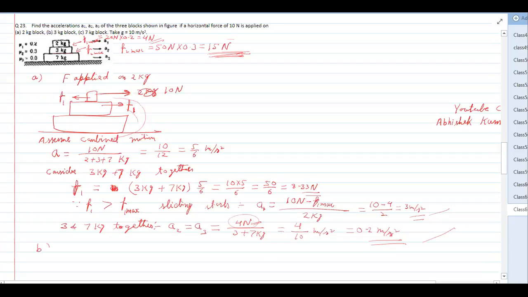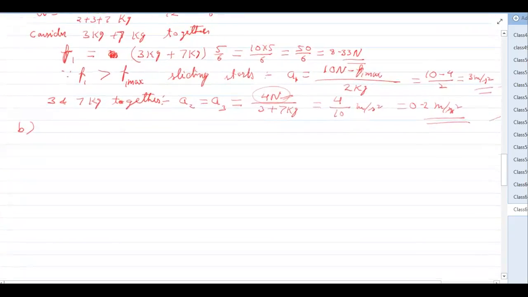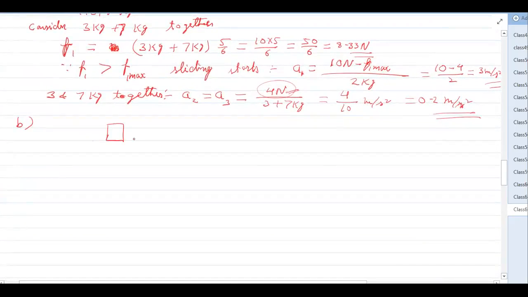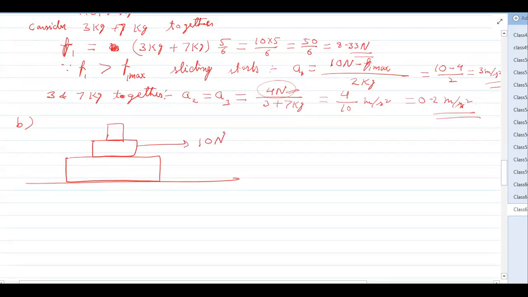Now, in the second case, it says that the applied force is on the middle one. Okay, so now we will write the same thing. We will do it for the middle object. So this one is there and this one. If we apply 10 Newton on the middle one, the F1 max and F2 max we have already calculated. That was how much? In this case, it was 4 Newton, and in this case, it was 15 Newton. Okay. So if you pull it, the common acceleration for combined motion,